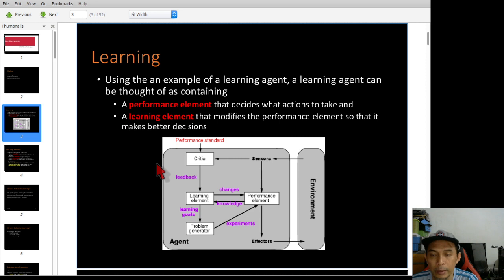The performance element will try to measure how good the performance is, and then based on that performance it gives it back to the learning element so that it becomes the knowledge.